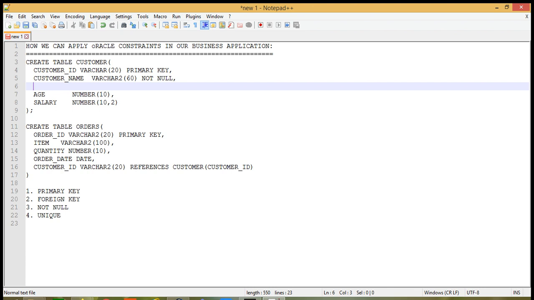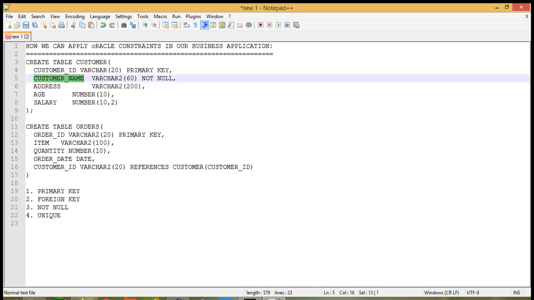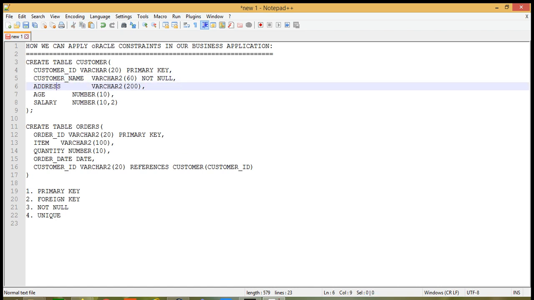Okay, so that's all for the implementation of Oracle constraints, and it is all the details about the Oracle constraints, what they are required for, what types there are, and how they have been implemented in the Oracle database and any business application. So all these things are covered. If you do not understand anything in this tutorial, you can follow my first tutorial about the Oracle constraints. I have discussed everything there,